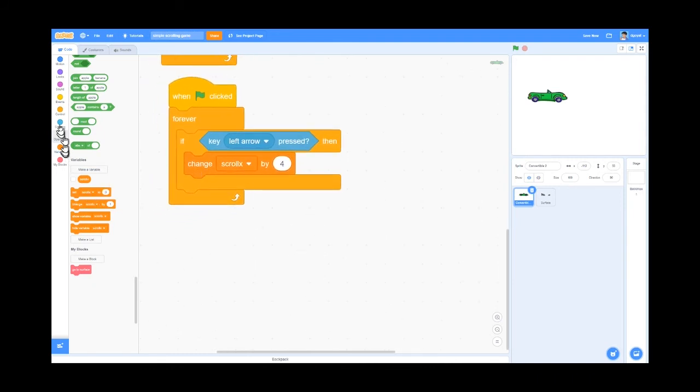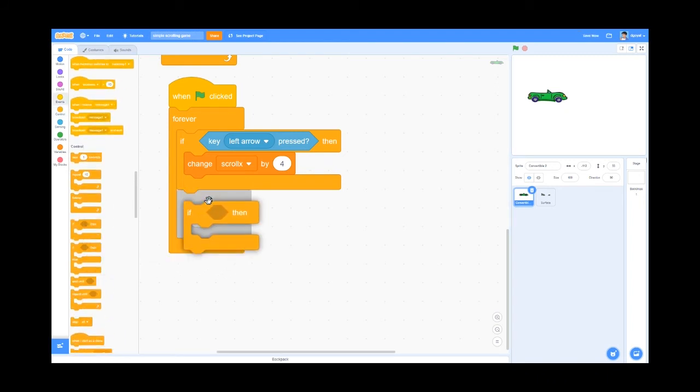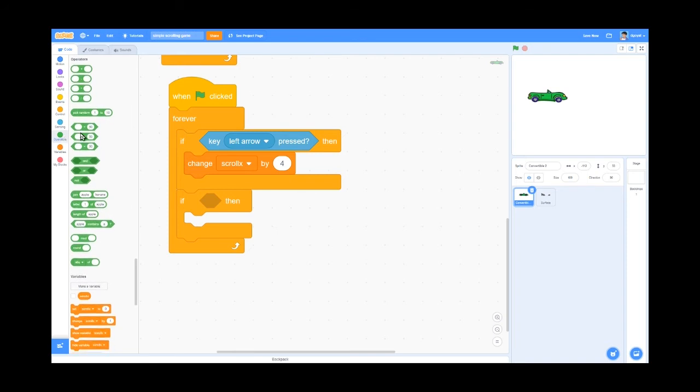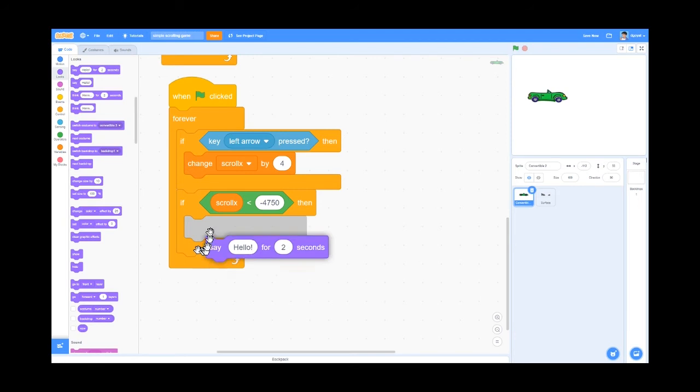And then we'll need to grab over here to control if, then come over here to operators, drag out a greater than block, I mean less than block. If scroll x, that's in variables, scroll x is smaller than negative 4,750, so negative 4,750, then we will come over here to looks, say